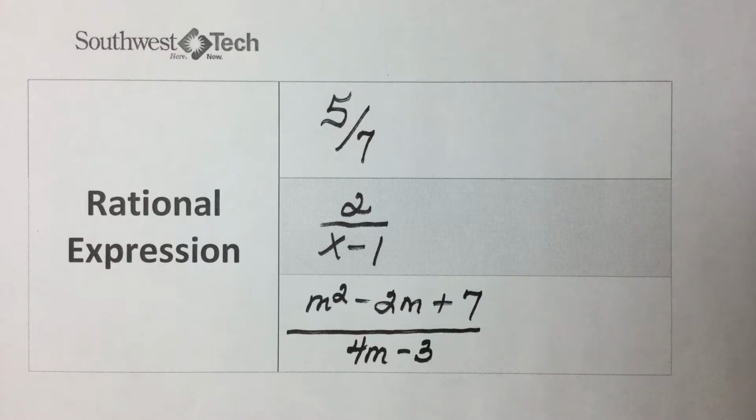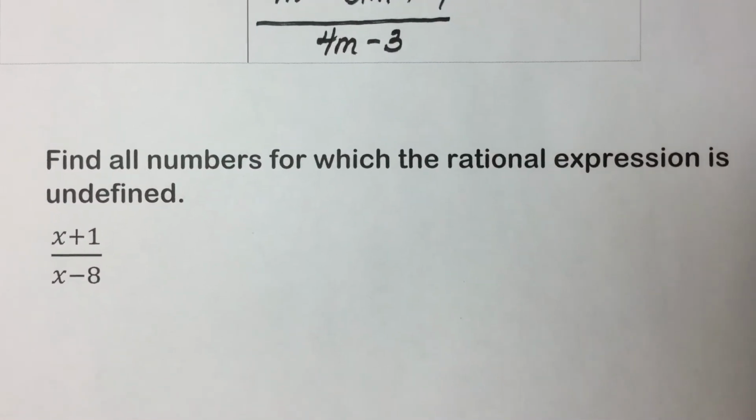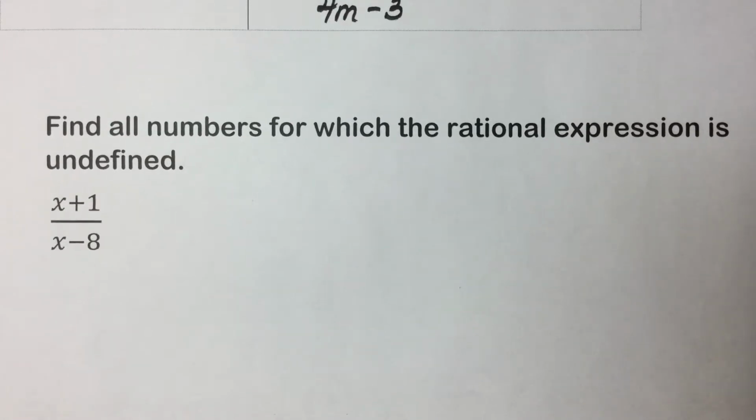Because rational expressions may contain variables in a denominator, and because division by 0 is undefined, we must avoid certain replacement values. So let's take a look at this problem that asks us to find all numbers for which the